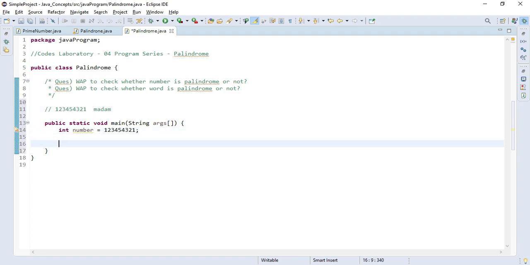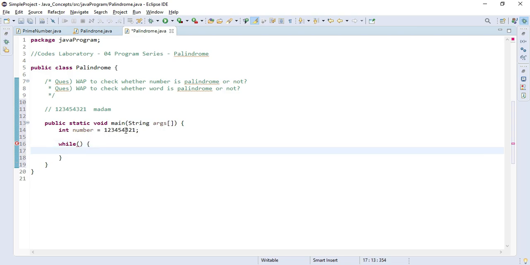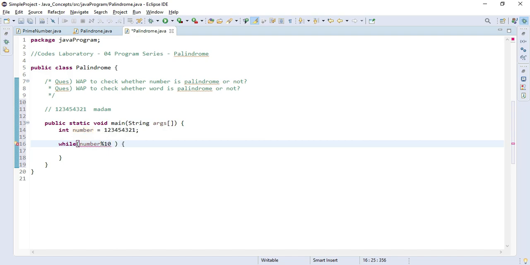Okay, so let's just check, and to do that I will use a while loop, as this number size can be changed. So I'll require number remainder of 10 should be greater than equal to 0, not equal to, only